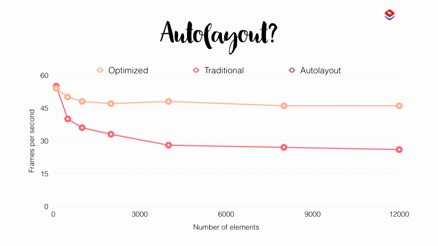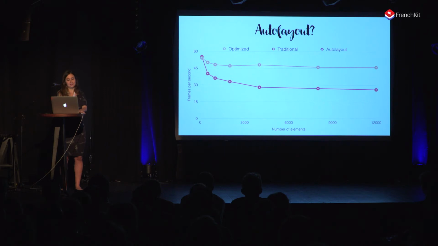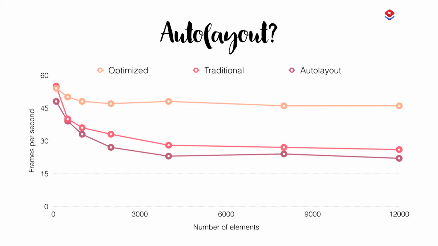And there's one more player in this game, and that's auto layout. I rewrote the app one more time, this time using auto layout in Interface Builder for each cell. How do you think it did? Probably, as expected, noticeably worse than the other two methods. Auto layout immediately started out lower at about 50 frames per second and dropped pretty quickly to about 20,